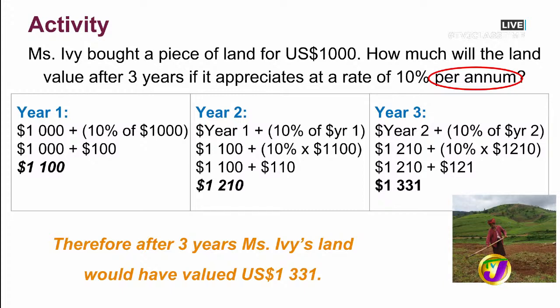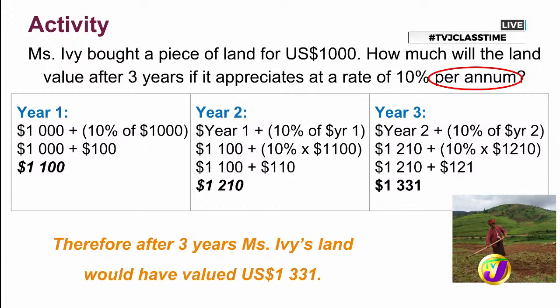But you know, that was a whole heap of work. Suppose Miss Ivy wanted to find out how much her land would be worth after 10 years. I was just about to say the same thing. If I were Miss Ivy's accountant or realtor, then oh my, I would have to sit down and work out all of this for every single year. There must be an easier or shorter way. Let's see if we can explore this a little bit more. All right, so Miss Ivy's land valued US $1,331, right? All right, so that's US dollars.